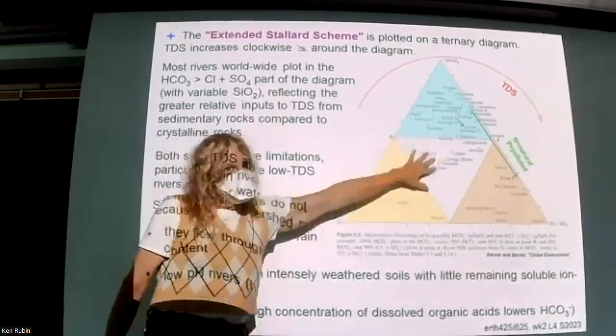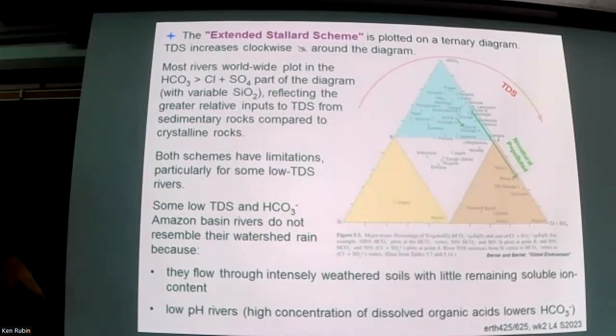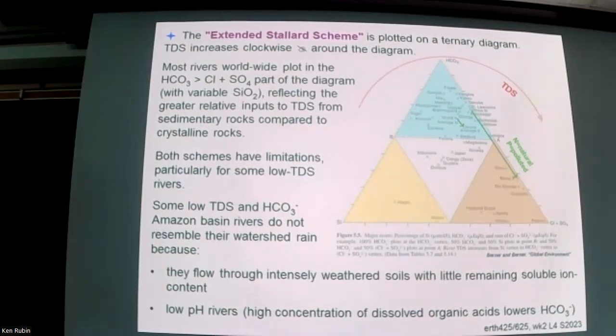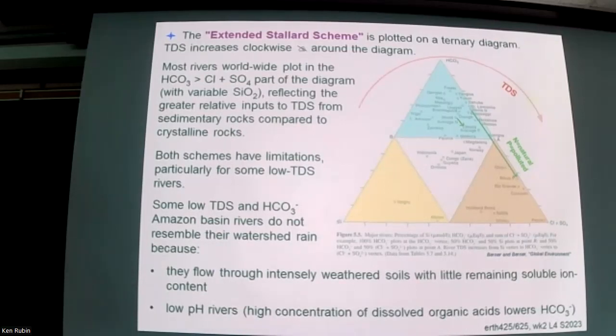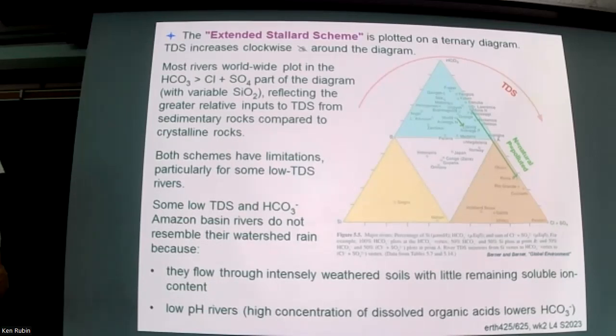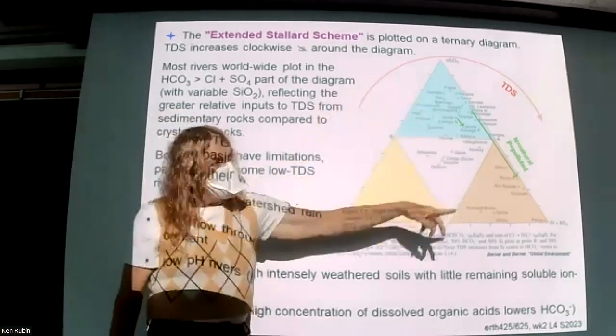Whenever you migrate out to the center of the diagram, you're looking at a 3-component. So now we've got those same fields on there with the same color codes. And you can see now that there are a lot fewer rivers in that rain dominance field. It's kind of fixed that problem we had from the very high pH. Also, TDS is not shown on this, but TDS ends up kind of increasing in a clockwise way around the